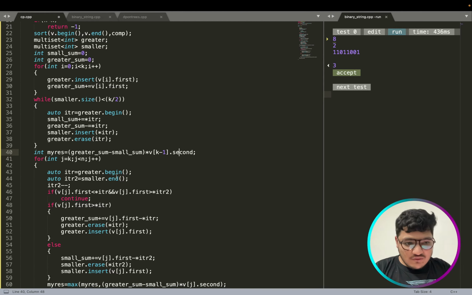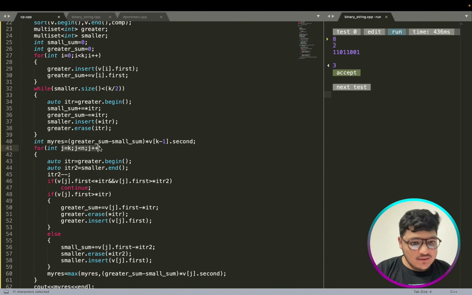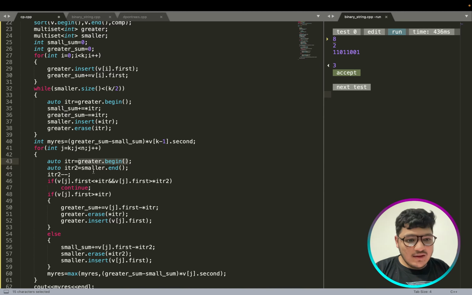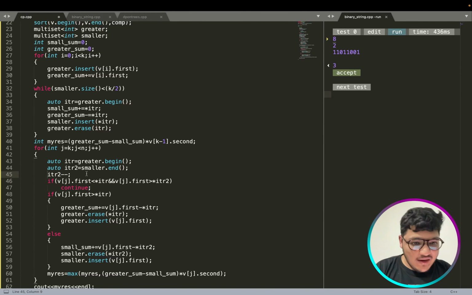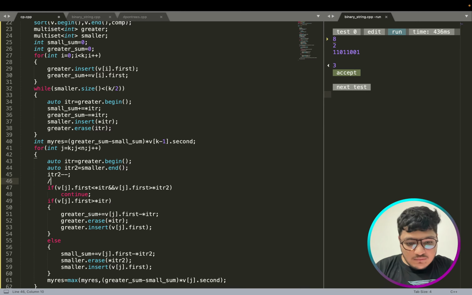Now you would move towards the right using this j variable. So now I am calculating my greater begin, and I am calculating my smaller end. Smaller end would point to the null, the last value, so I am also decrementing my iterator. Now I am checking, as I told you previously, vj dot first, it's my a value, don't get confused.